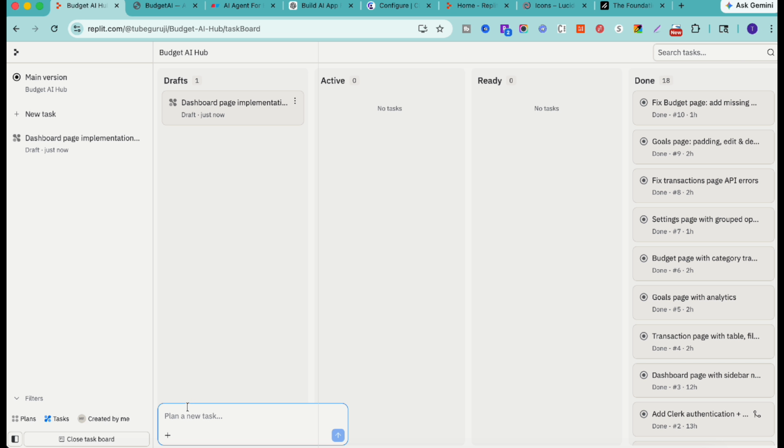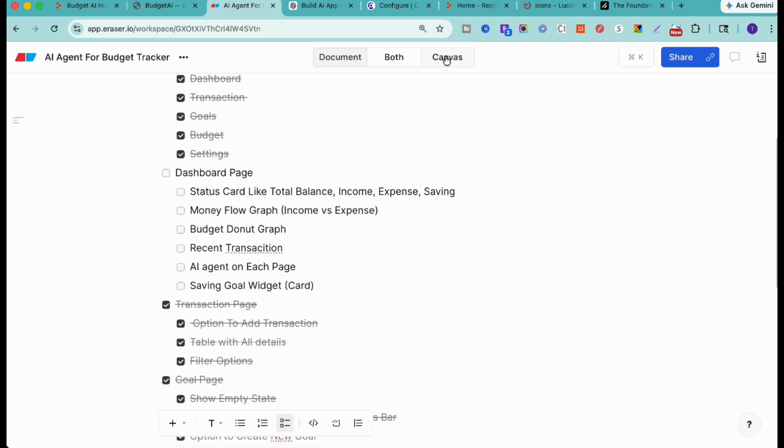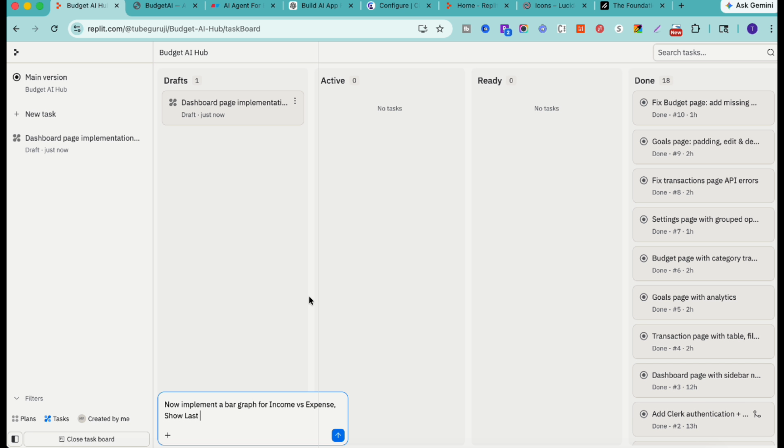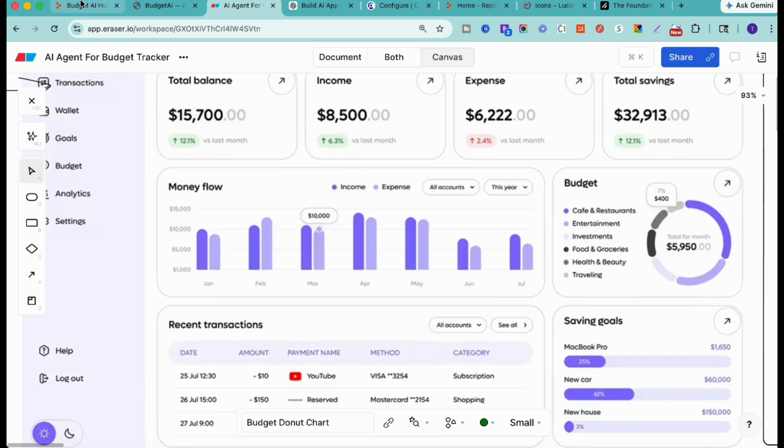Also now implement a bar graph for income versus expense. Okay, I think maybe we can show the last 6 months of data. So you can go to the canvas and we show the last 6 months of data. Between income and expense, obviously it will automatically detect that, and I think that's all we needed